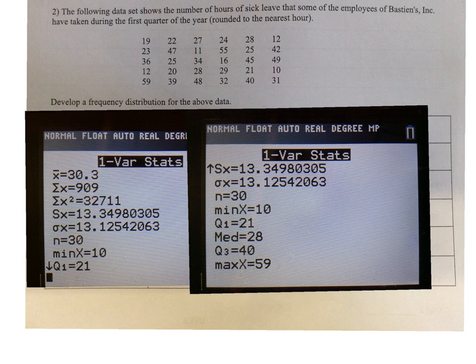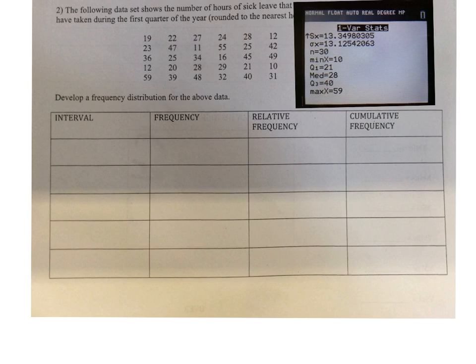Now, what we want to do is begin filling in a frequency distribution for the data. A frequency distribution is just a table where you set up intervals and essentially count the number of numbers in each interval. This particular problem has you setting up 5 different intervals. You're going to be told when you do these questions the number of intervals that you need to use. So here we're going to be setting up 5 different intervals, and the way we start off is by